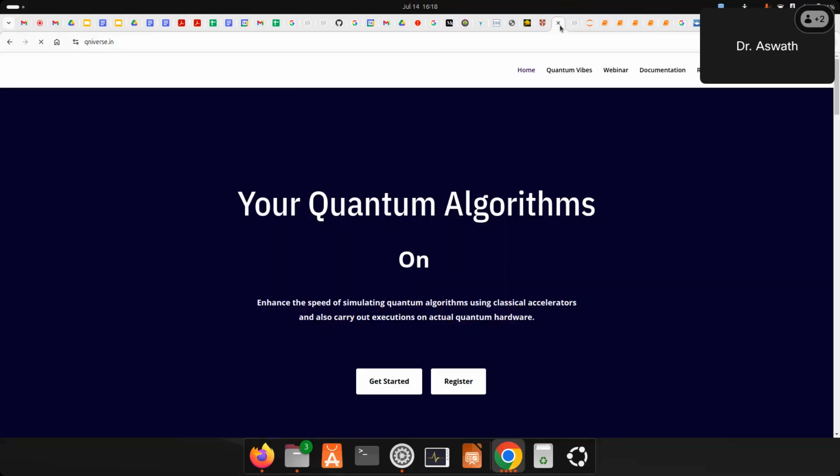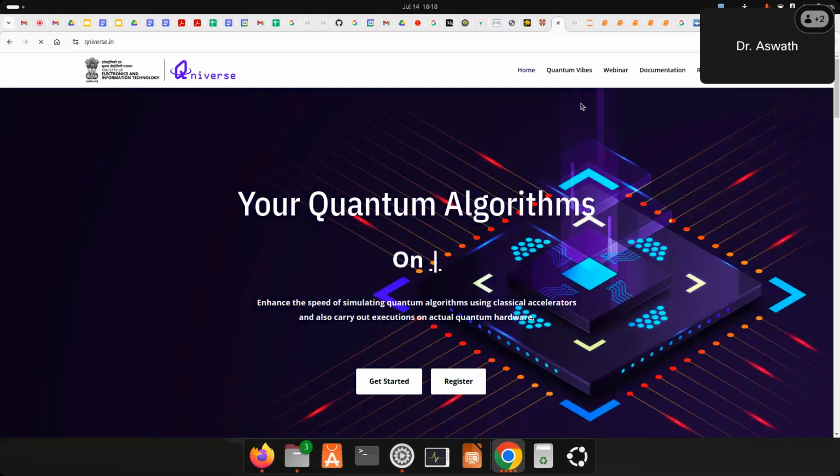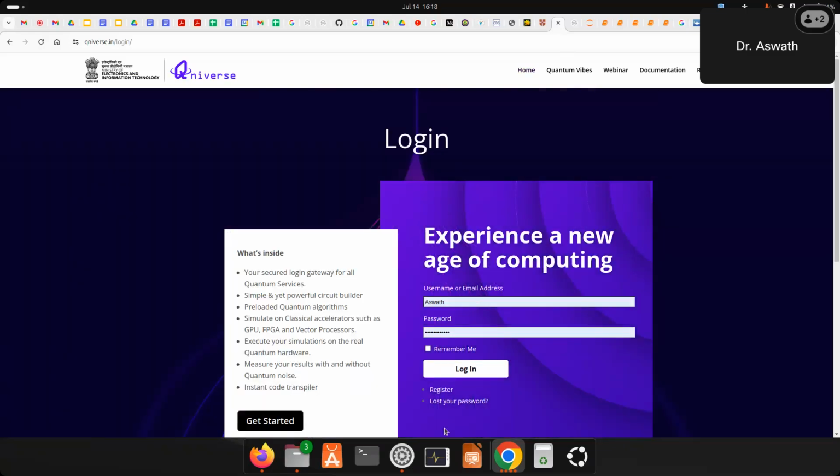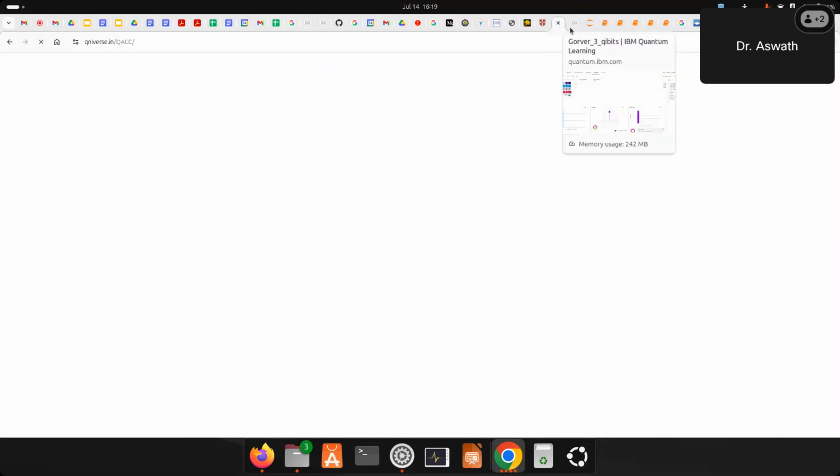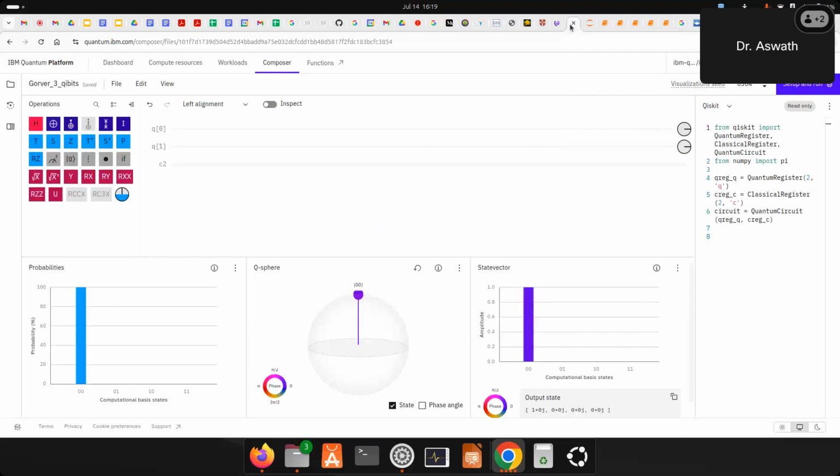Okay, so there is one more, thanks to our Indian government, CDAC. CDAC created a similar kind of graphical interface platform. You can create an account even in this, and you can try to use this to understand. Anyway, it will take some time to log in, so let me use IBM Quantum Experience. Here you need to apply for a few universe. It will take some time to give your account, maybe a day. But in IBM Experience, you can get the account immediately.